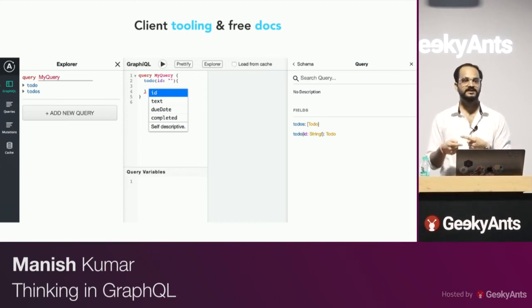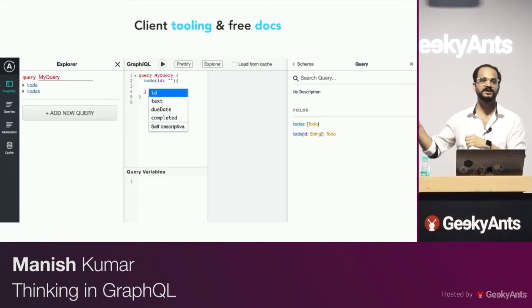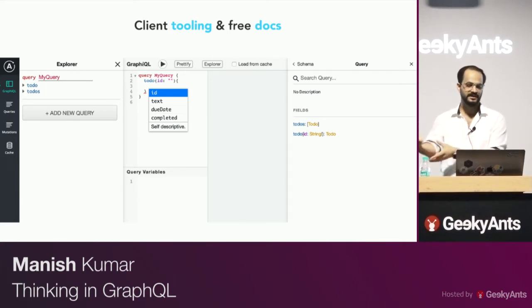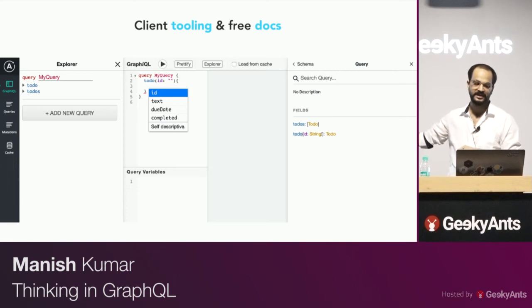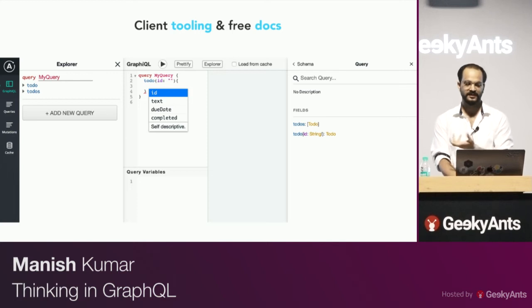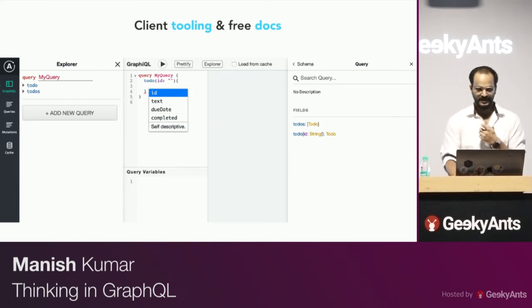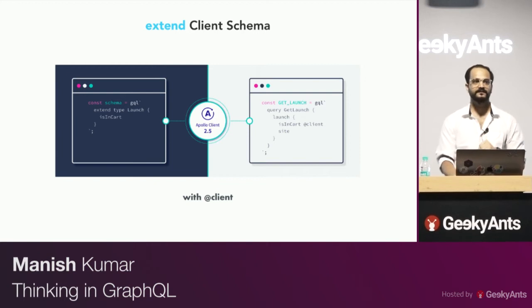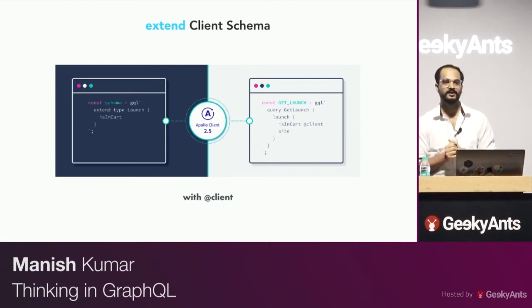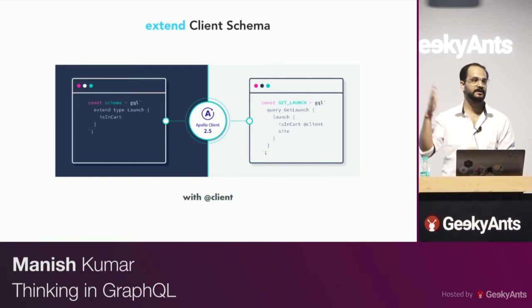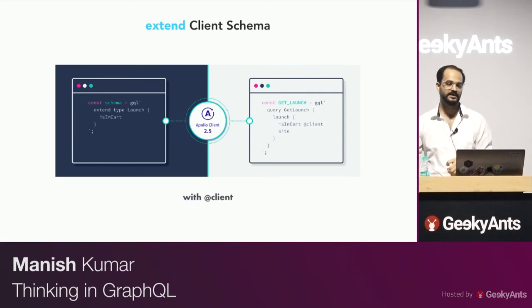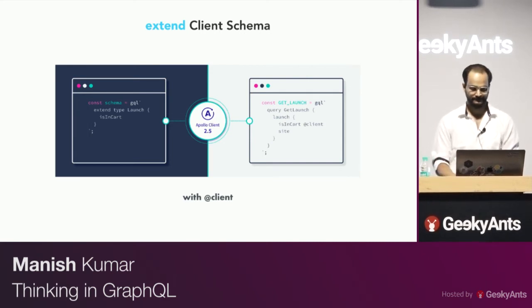So making offline first apps becomes so much easier if you follow something like this. I'm not saying this cannot be achieved with Redux or MobX. You can still have an initial state there and do something like this. But here with the documentation side as well as with the Explorer, it becomes a lot easier. And just because of the tooling, it's nothing else. And if you happen to have a GraphQL endpoint, you can still use this. You can extend your GraphQL endpoint with extend, and whatever you want just on the front end side, you can just write the definition for those.